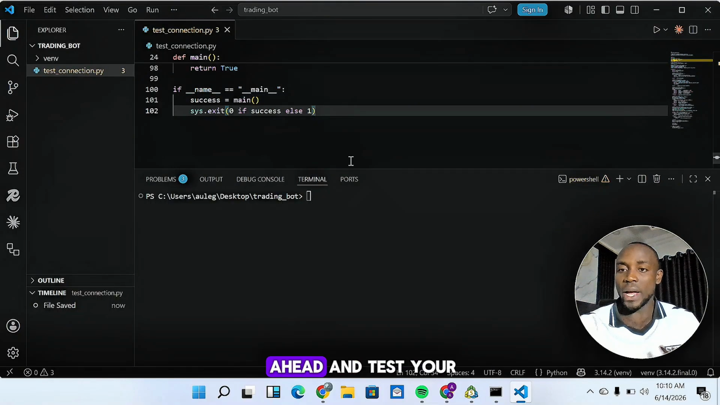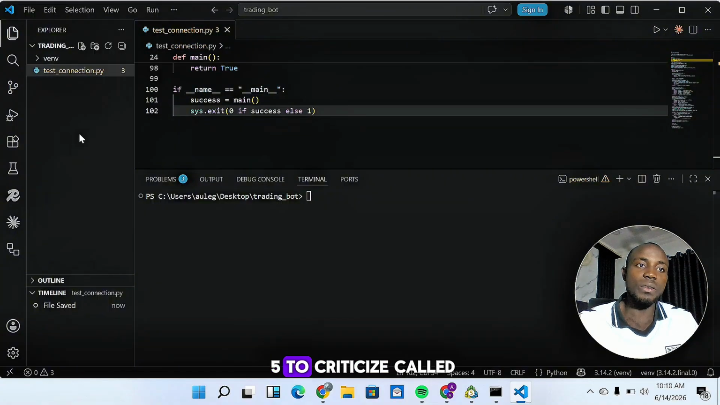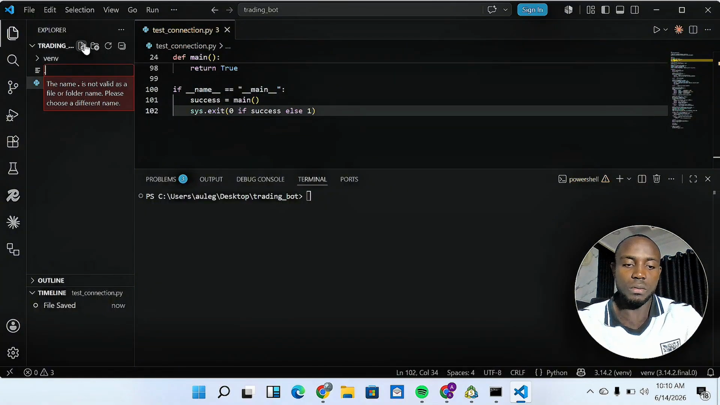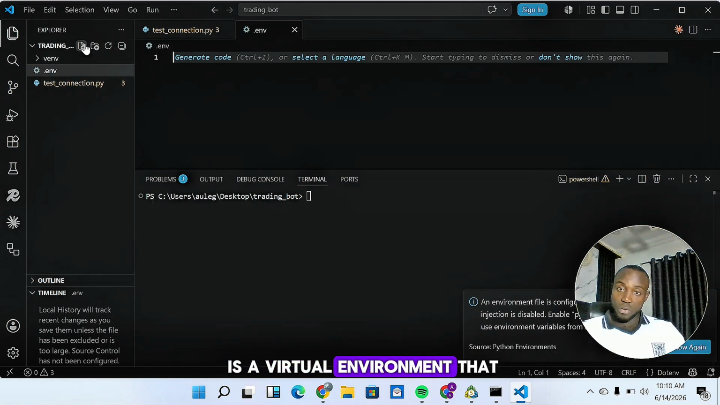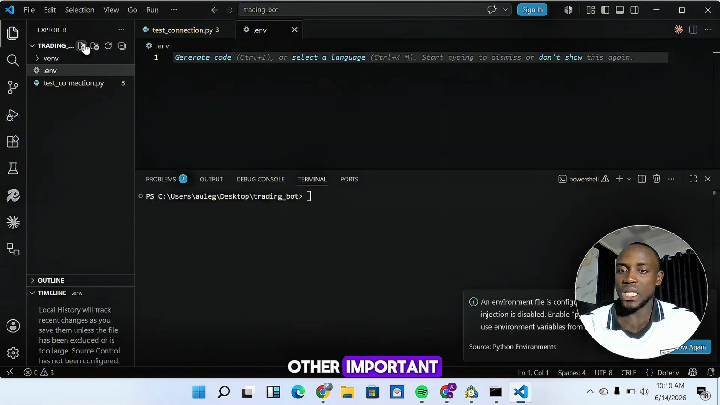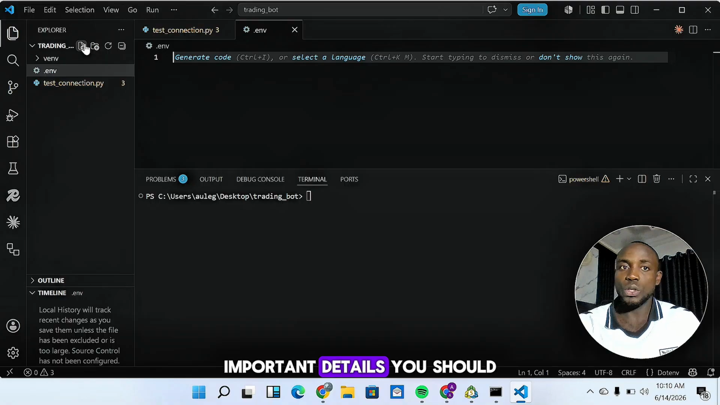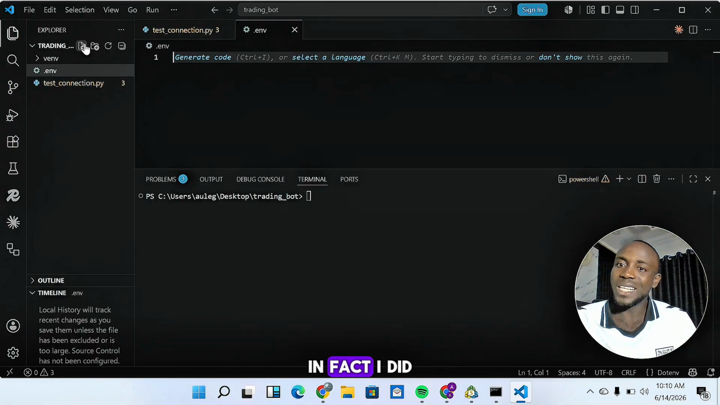But before you go ahead and test your connection, you need to create a .env file. You need to create a file called .env. The .env is a file that houses your password and other important details. You should be very careful with the .env file. You should never try to expose it to GitHub or to your AI or anywhere. If you are pushing your code to GitHub, always add it to .gitignore. In fact, I made a mistake